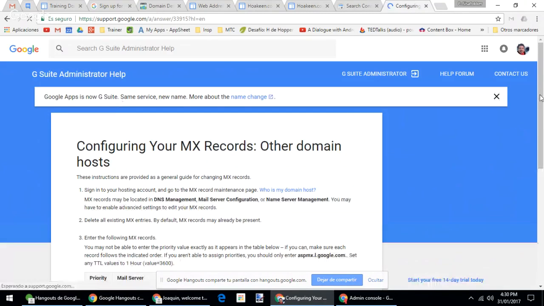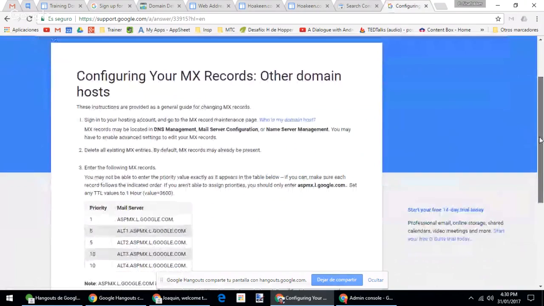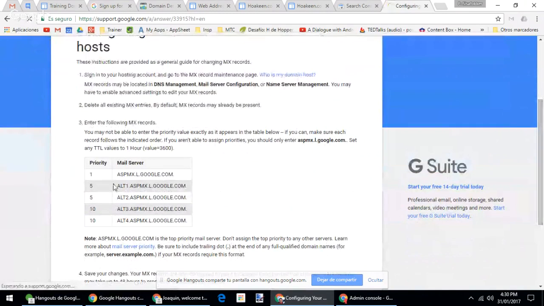And here it will tell you exactly all the MX records that you need to create. Just two columns, priority and mail server. So basically, the only thing that you need to do is remember, okay, priority 1, Control C, you go to GoDaddy,